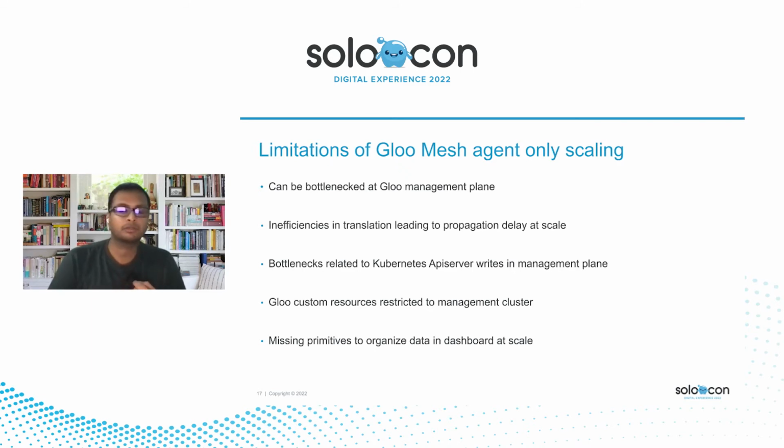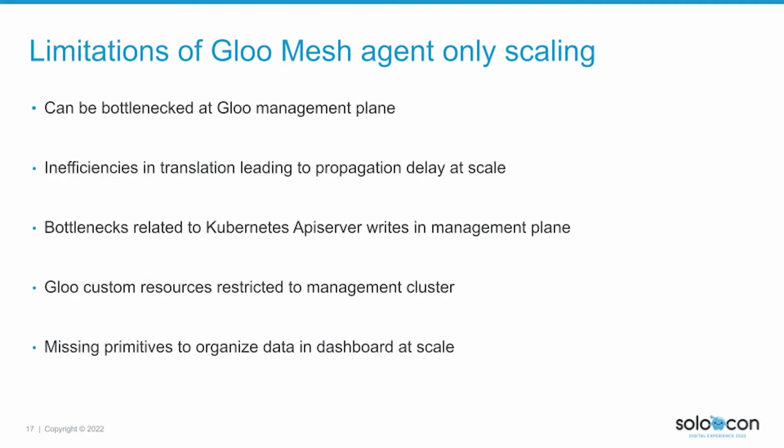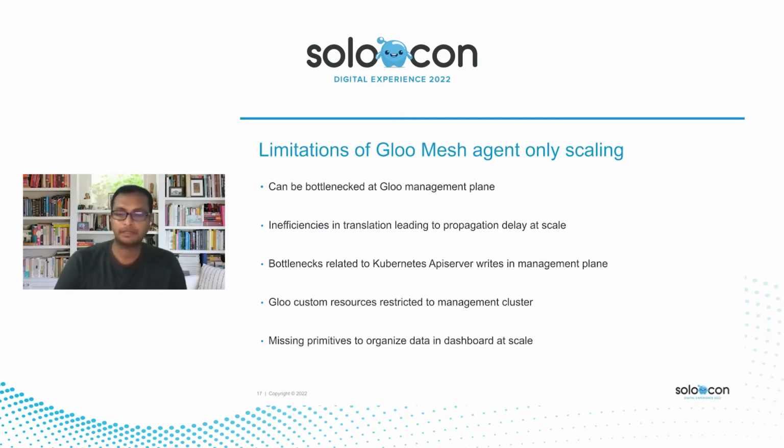Another interesting thing was we only allowed the Gloo custom resources or API objects to be written to the management cluster. You want to make sure you have redundancy, and you want to be able to write those objects in all the workload clusters, not be restricted to just the management cluster. And then the key thing that was missing in our earlier architecture was there was no easy way to organize data in the dashboard or in our translation at scale. We didn't have a good unit to say, this is how we should be processing data. This is how we should be